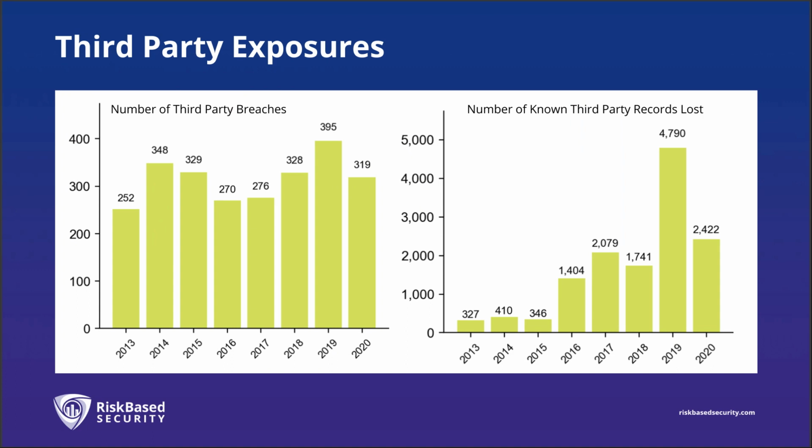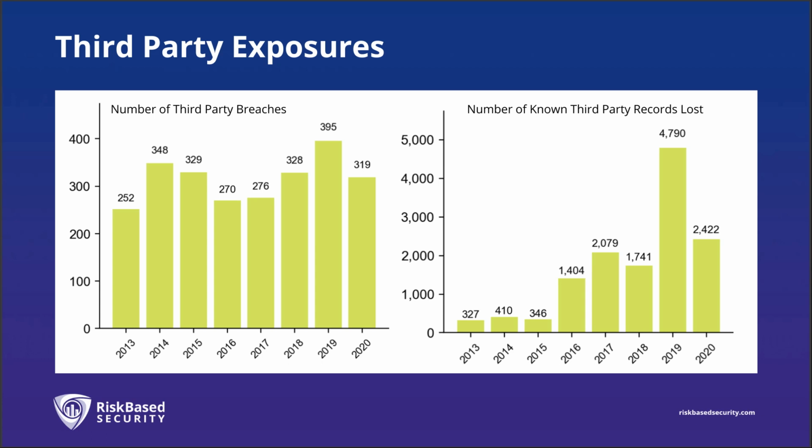Going on from there, we did want to take a little bit of time to focus on third-party breaches, something that we do from time to time in our reports, and we wanted to include it this year as well. So what do we mean by third-party breaches? For us, it could be synonymous with a supply chain attack, but it is also specific to our schema. For us, it's those situations where an organization is holding or processing information on behalf of their other business customers.